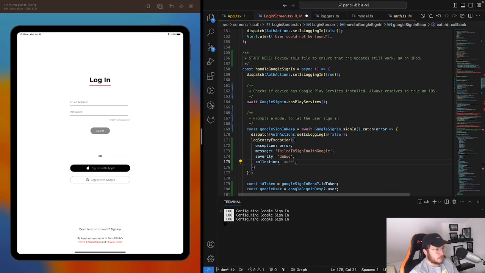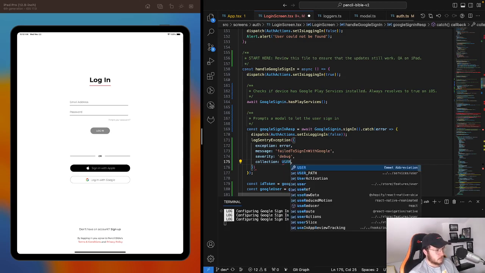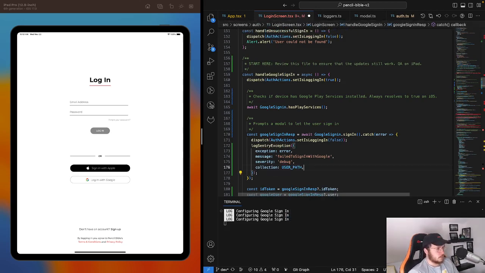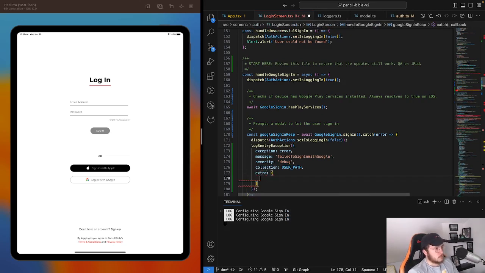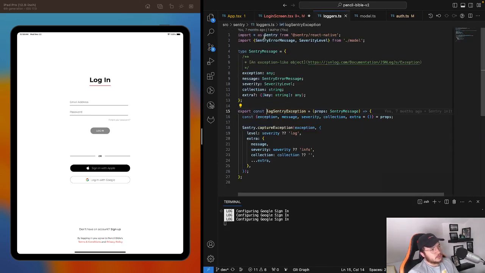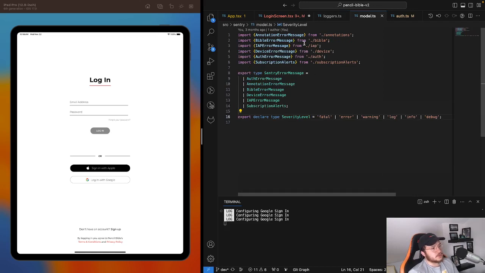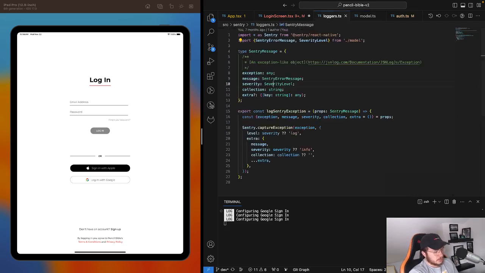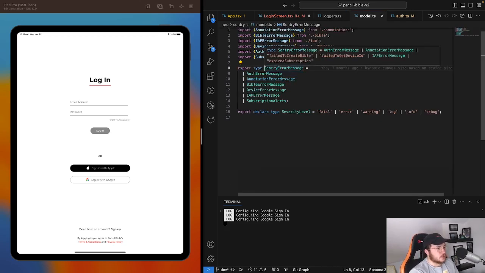We have extra here. So we have this function log Sentry exception, which uses Sentry and this object we've created to log an error to Sentry. Severity is defaulted to log unless we're specifying one of the severity levels, which are given by Sentry. And then we have a Sentry error message, which is any of those strings that we have. I guess this is defined by us,